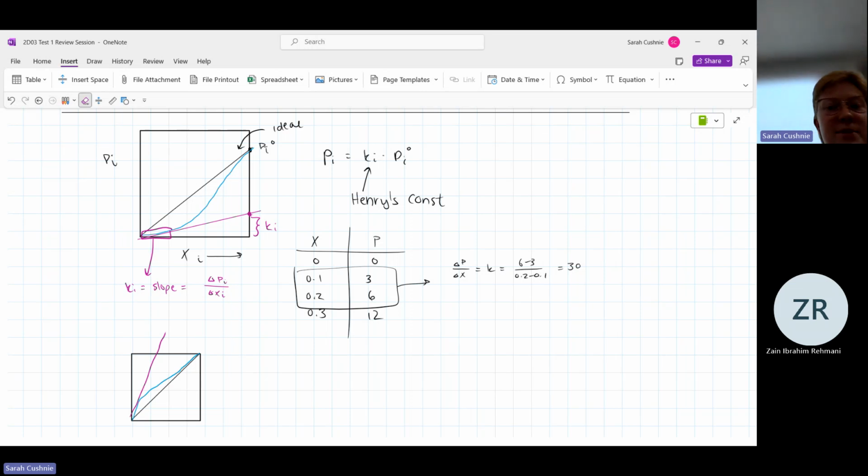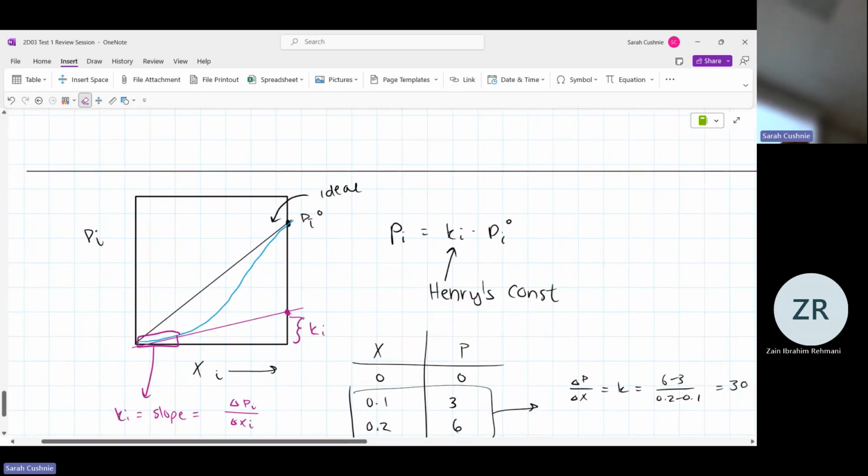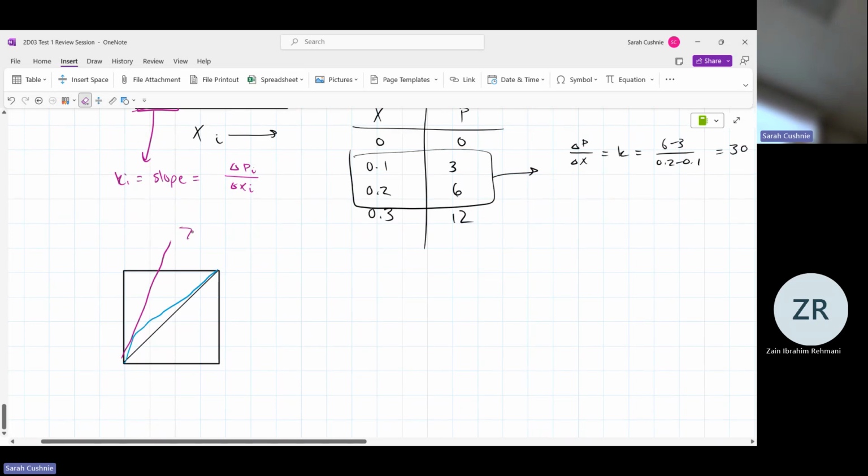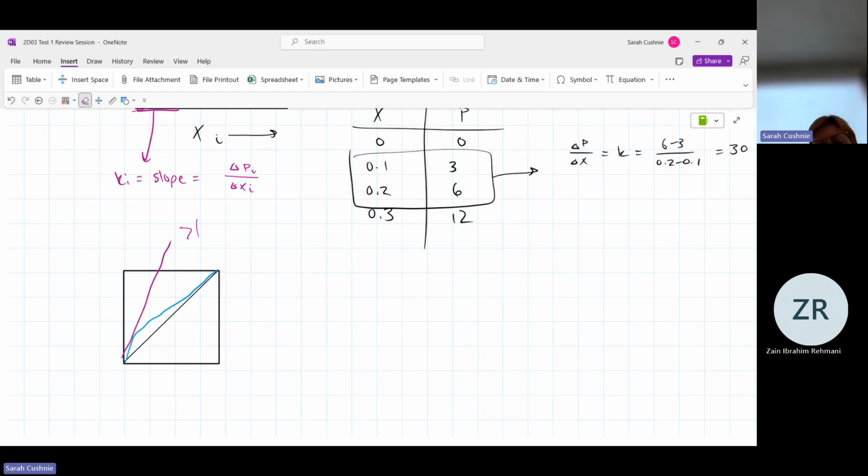Yeah. It comes down to this: if it's going to be negative deviation, then Ki is going to be less than 1. But if it's positive deviation, it's going to be bigger than 1. Oh, because it's going to go right over. Yeah. I had this question, but I didn't understand positive and negative deviation. Yeah, that 100% makes sense, and I'm glad we were able to sort that out. Thank you. The textbook's sneaky like that sometimes.